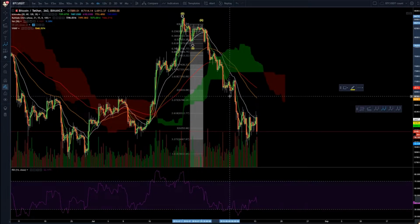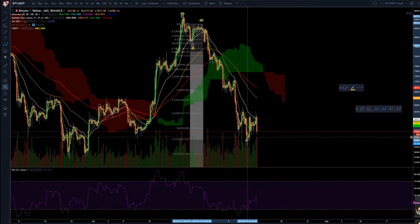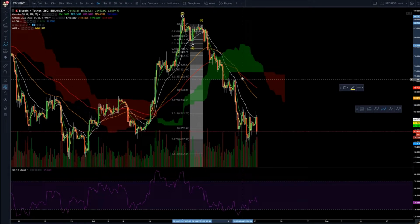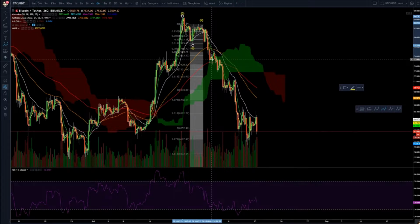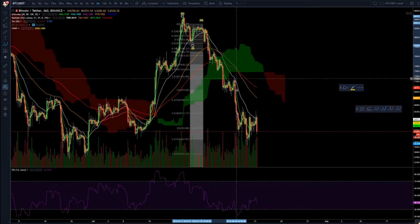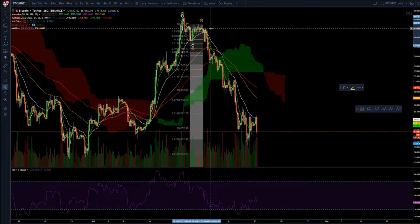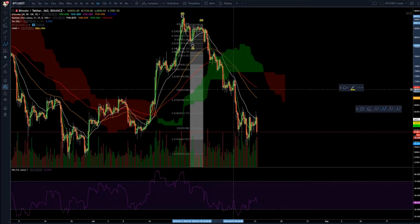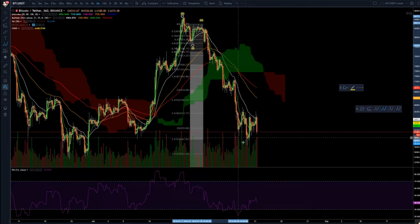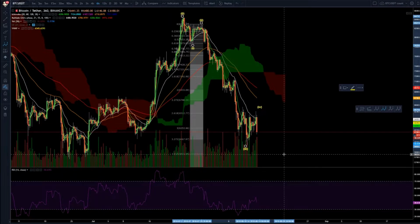I initially had it here, but it's not really right, because if you get the 3, then the 4, then this 1 is very impulsive, then a 2, 3, and then you don't even get a 5. So what I propose instead is that this is your 1, 2, 3, 4, and then you have an extended 5. That makes more sense, since within this 2 there's 5 waves. Basically the 3 is in here, then we have a 4 here,